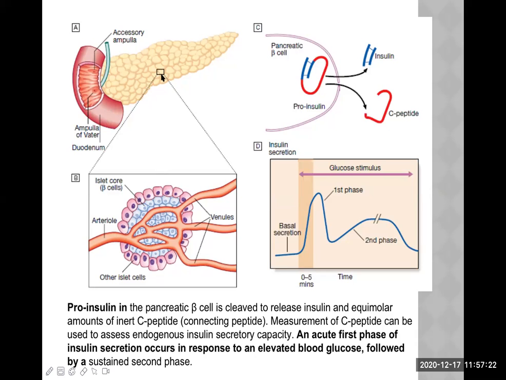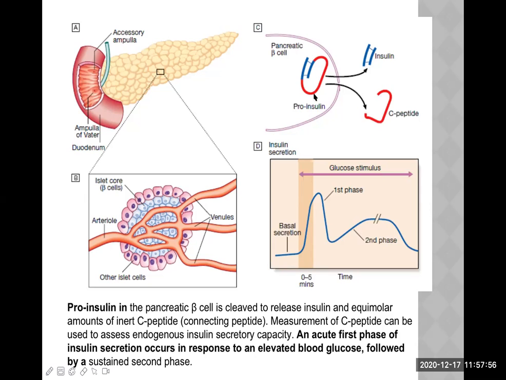And beta cells are the most important cells of islet of Langerhans, which are responsible for the release of insulin. So these are the beta cells which are shown here. Okay, it is very nicely supplied by blood vessels. So this hormone is directly released into the blood circulation. That's why they are called hormones. Hormones are directly released into the blood circulation. So after that, it will enter the portal circulation and enter the liver.